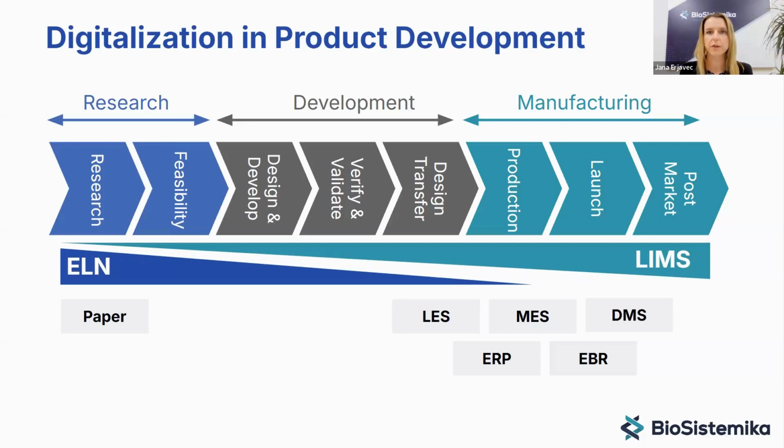So in whichever field you work in, development and manufacturing need to meet very strict compliance rules. And that is why it's no surprise that there are more digital solutions already present in this part of the process, like laboratory execution systems, manufacturing execution systems, document management systems, because these systems help people to optimize, to generate reports or submission files faster, to actually show to the auditors that all the information